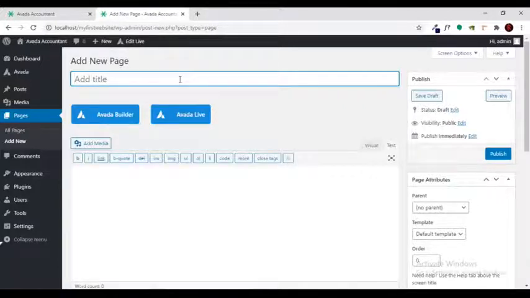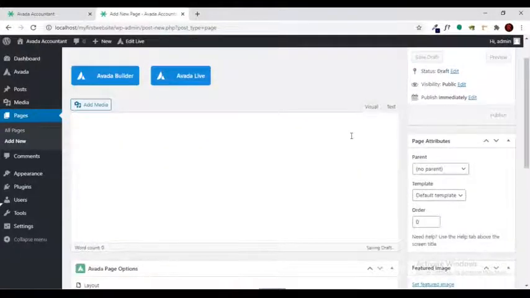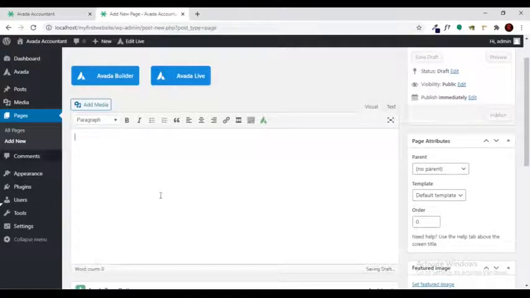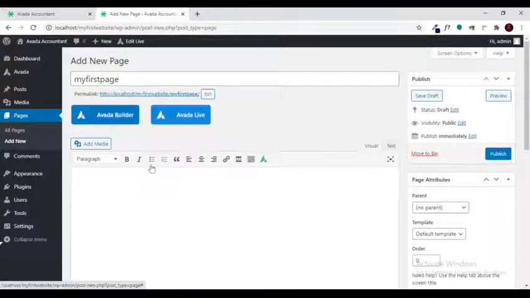Now just give a proper name to the page, like we are going to write My First Page, and you can see the builder. Here you can add the text in the editor. We are using the Avada theme, so we have the Avada builder as well. But if you're using the default theme, you can only get the default editor.